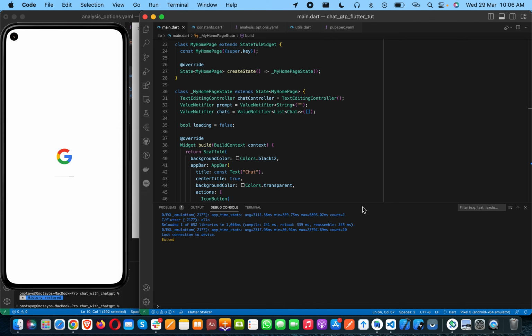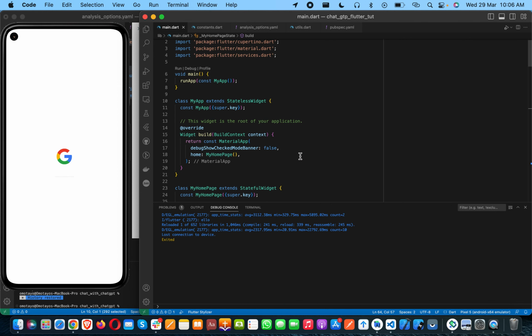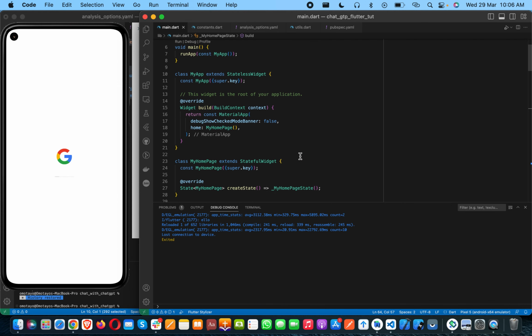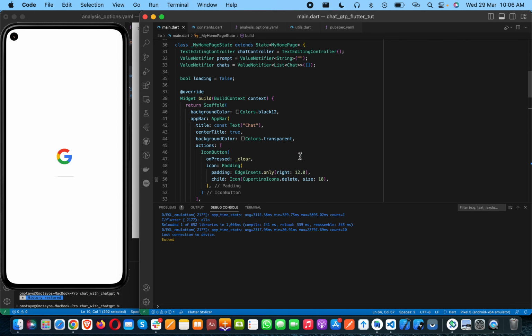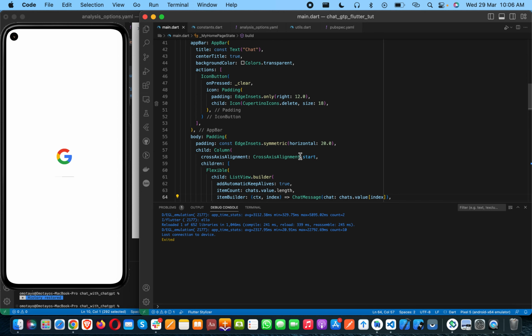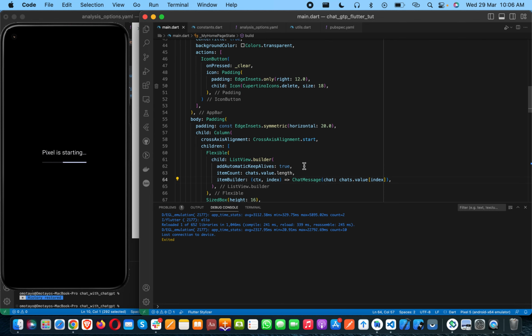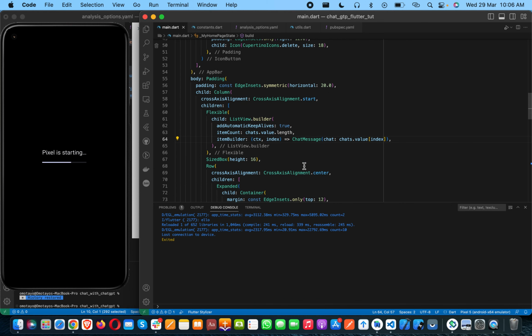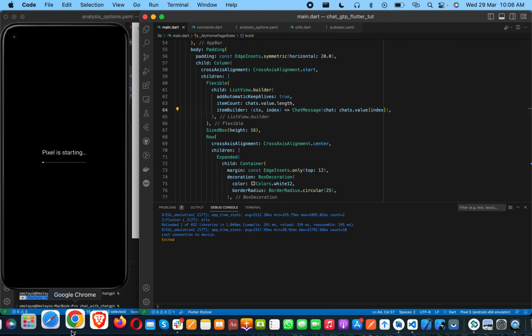So in order not to waste much of our time, I've already created the Flutter project and done some setup, because I want to make the video as short as possible. The focus of this tutorial is actually on how you can take advantage of OpenAI's public API. Okay, so while I wait for my emulator to start up,